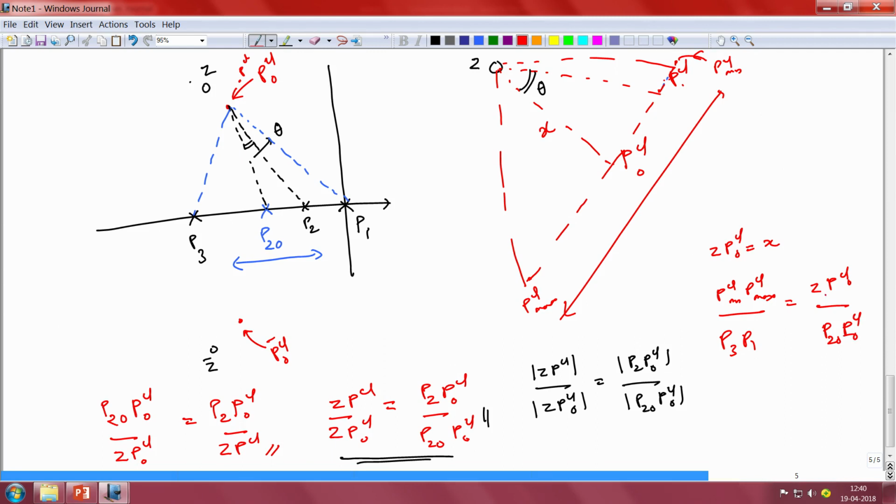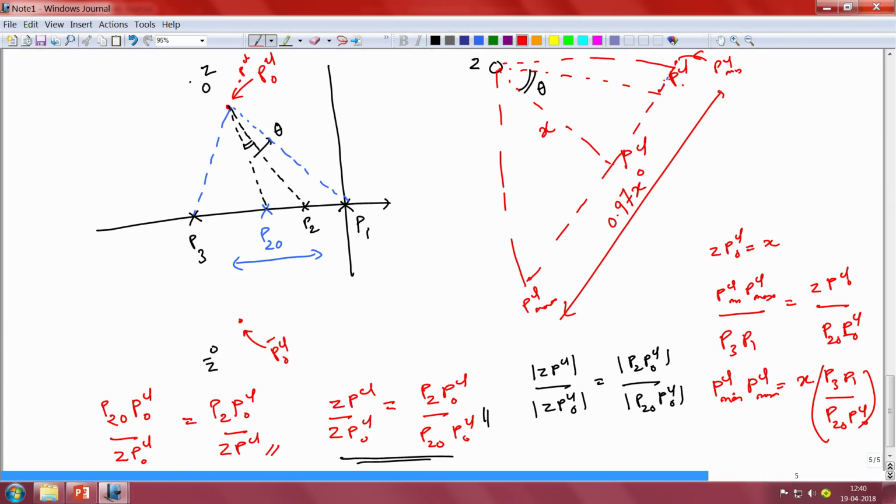In other words, since Z PCL naught we assume is equal to x, we would have PCL max minus PCL min equal to x times P3 P1 divided by P2 naught PCL naught. And if you compute this ratio, you find that for this particular triangle that we have here, PCL naught, P1 and P3, the length of P3 P1 divided by the length of P2 naught PCL naught is equal to 0.97. Hence, this overall distance here is going to be equal to 0.97 x.